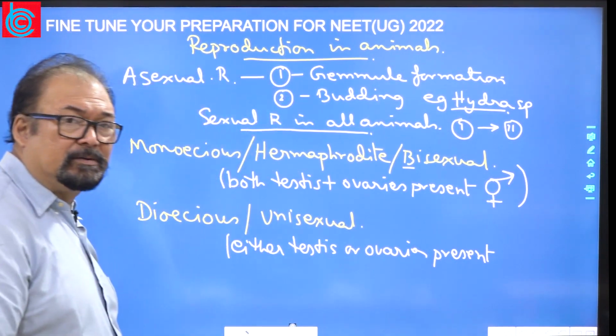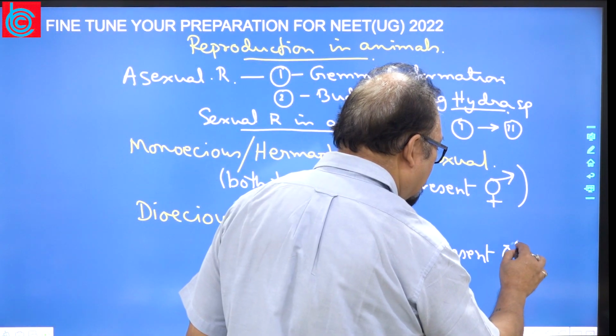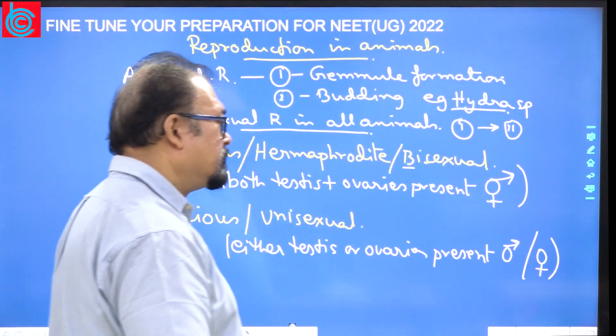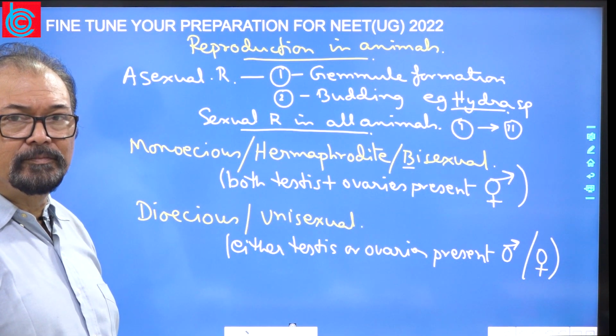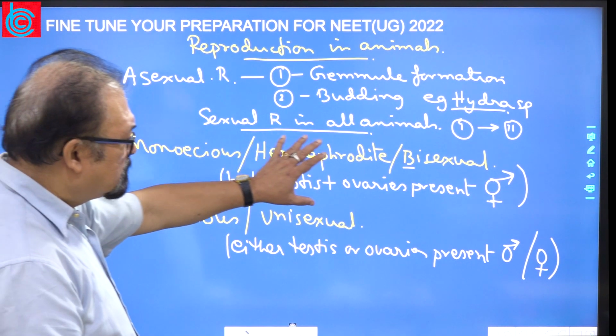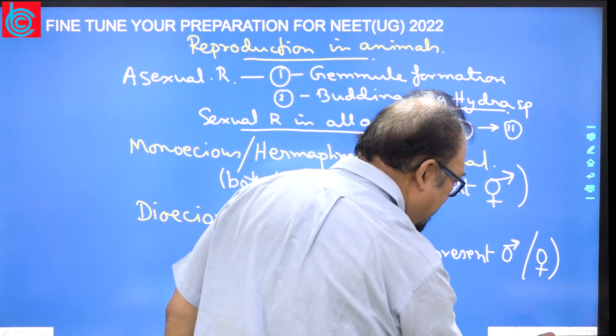Sex is separate, so that is a unisexual, that is either male or female. So two types of criteria can be there. So when we are seeing the animals,